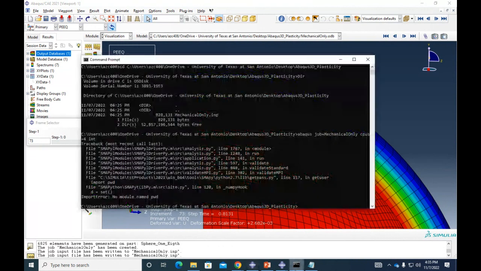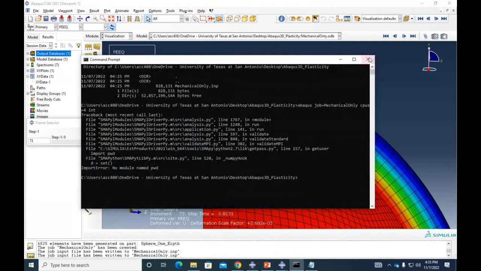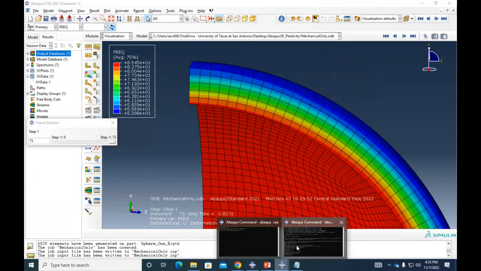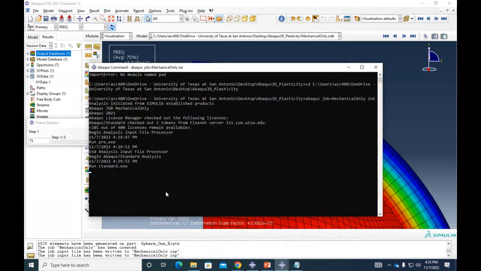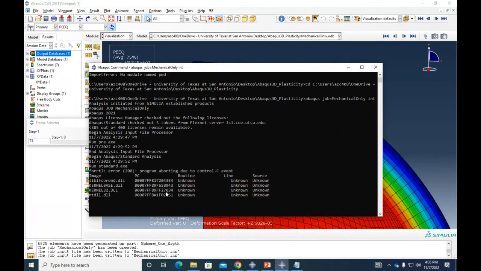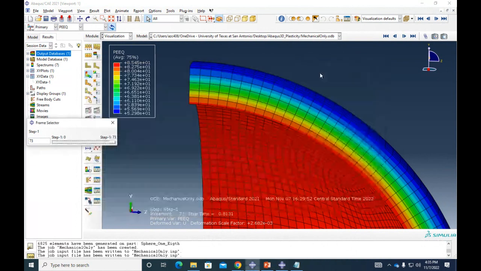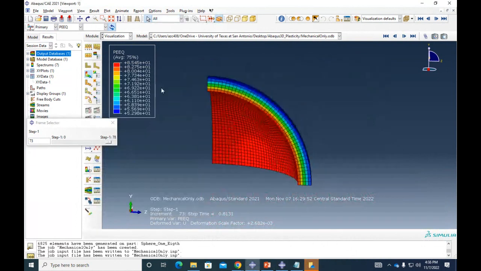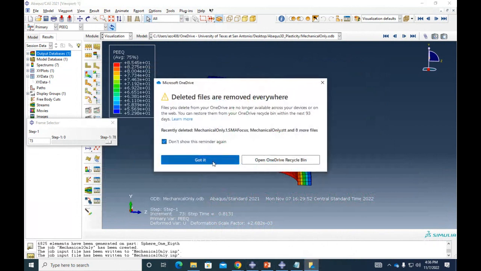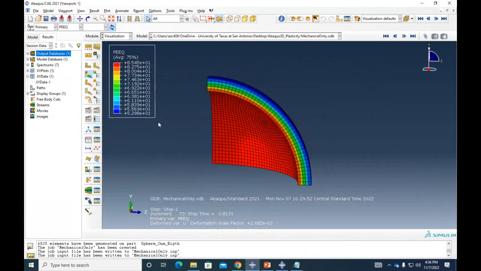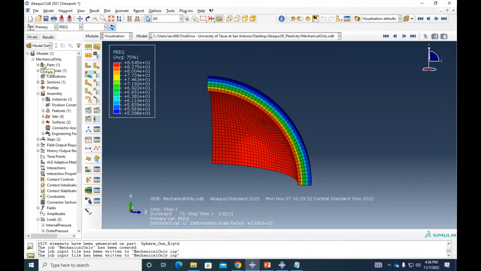Okay, let's kill this. All right, let's see here. This is still running. Okay, let me cancel this. All right. And let's add heat transfer to this problem. All right. Who is trying to add heat transfer to the project? You. All right, so let's do something.